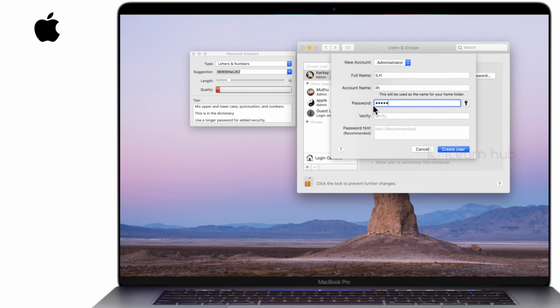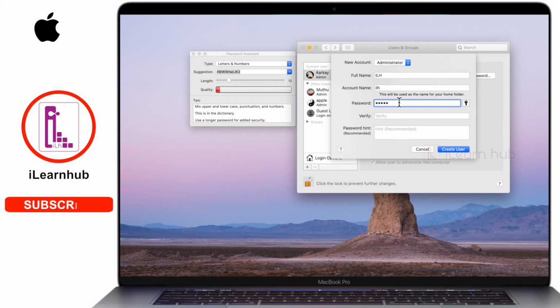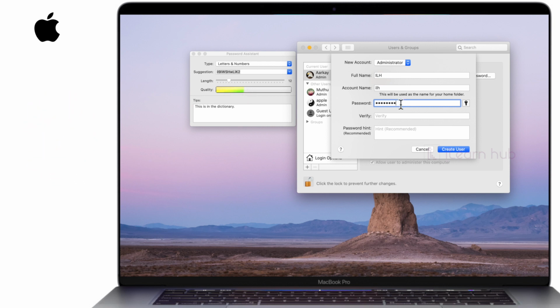I just use the word Apple, and you can see that the quality is red. Next to the password Apple, I'm going to use Shift and then 1 2 3. Automatically it went slowly from yellow to green. If you add more numbers, it's always a good idea to use numbers, letters, capital letters, and different kinds of characters. Then it'll give you a good quality password. Anyway, this is for test purposes, so I'm just using Apple.